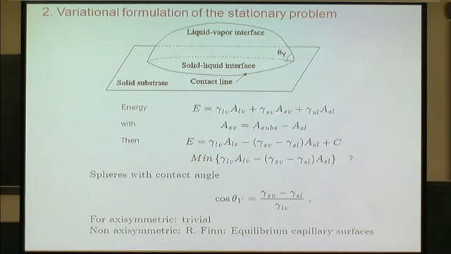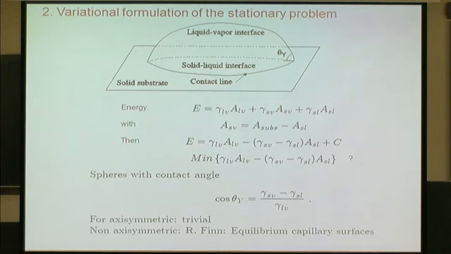The area of the substrate we can imagine is fixed. The area is always the same, so you can always write the solid-vapor area as the substrate area minus the solid-liquid area, so that the energy can be written in this way, where now you have a global constant, and the thing is to minimize this quantity. This quantity involves these coefficients and the liquid-vapor and the solid-liquid areas. And you can find, this is very simple, that for axisymmetric shapes, what you have as a minimizer for a given volume is a spherical cap.